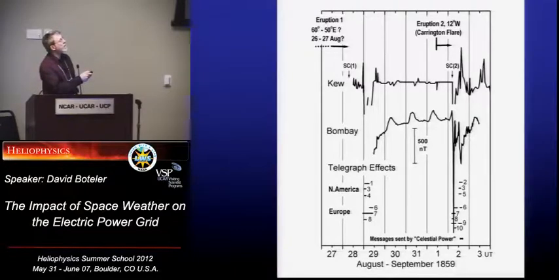The flare that Carrington saw occurred on the 2nd of September, and that produced a magnetic disturbance about a day later. But there was a disturbance a couple of days before that, and we've estimated, based on this, expecting that it's the same active region on the sun that caused the problems, where and when an eruption must have taken place on the sun to have caused this disturbance. And then you can see that the times of the telegraph effects match up very nicely with the times of the magnetic activity.